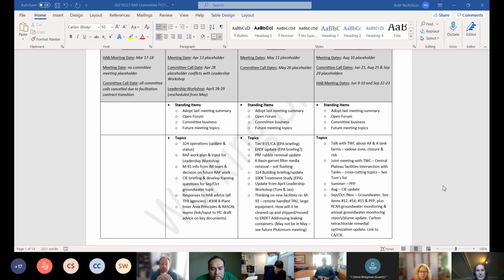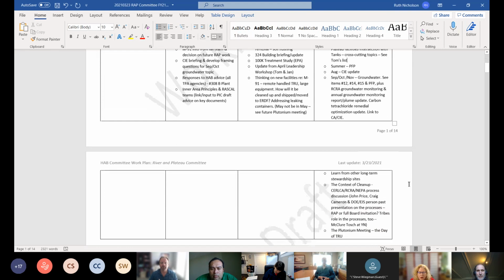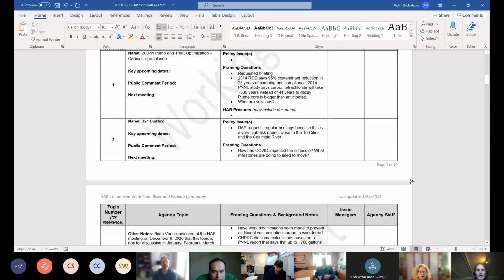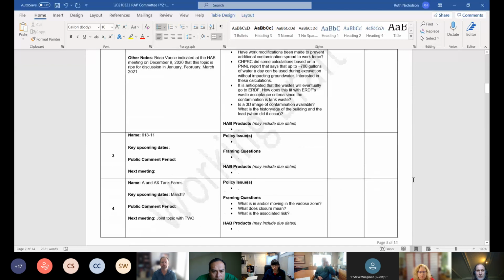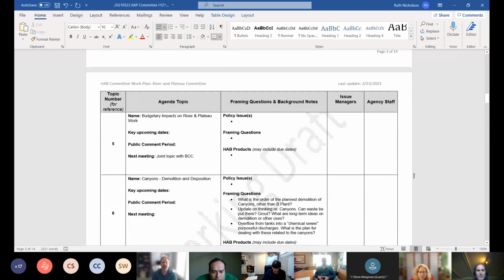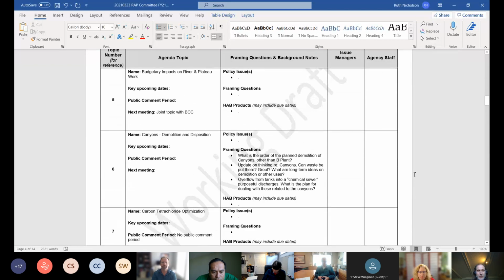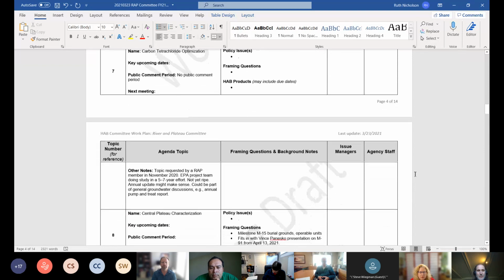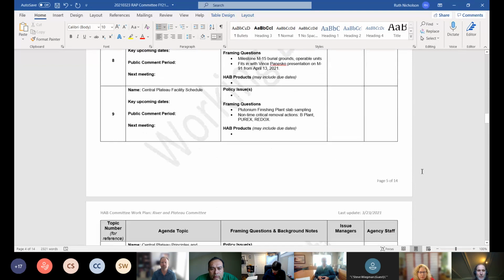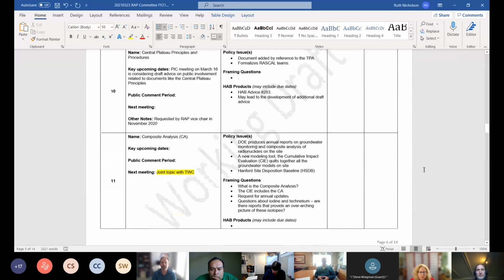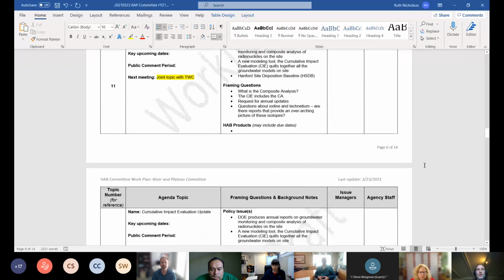Yeah, that's a great point. And Ruth, if you can scroll down, I think we have a topic listed on this work plan along the lines of what the shovel-ready projects are. I think Pam originally brought that one up, and it's another great overarching discussion point, if there's a stimulus that's coming,